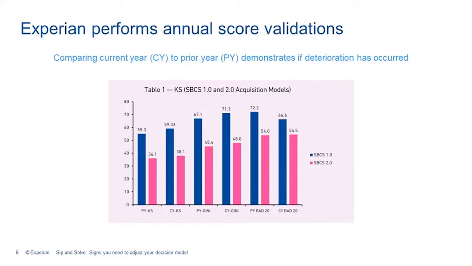Sometimes you see degradation, sometimes you do see improvement like we see here. This was a positive validation for us. So when we see indicators like this where the metrics are showing that models are still predictive, we know that the model is still working. If we go on to the next slide,